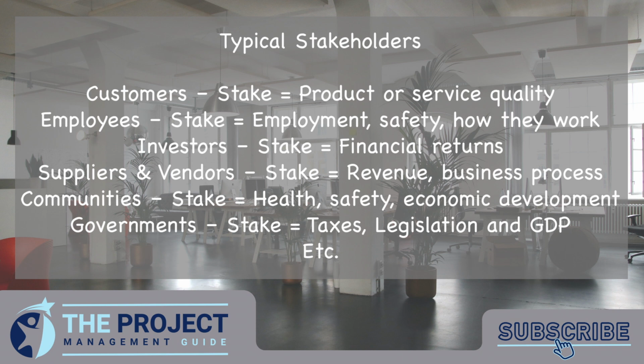And then we've got all the other typical types of stakeholders. So you might have investors, they might be impacted financially, and then we've got suppliers and vendors. A typical stake here might be if you're changing a system or upgrading a system, or you might be removing a supplier or changing a vendor. Then obviously one vendor's going to change and a new one's going to come in, so they're going to be impacted by your project. And I've also covered things like communities here, for health and safety and economic development, and things like government, things like legislation. So you can see it's a really wide range of stakeholders, and I hope that gives you some picture of the type of stakeholders that you might have on your project.